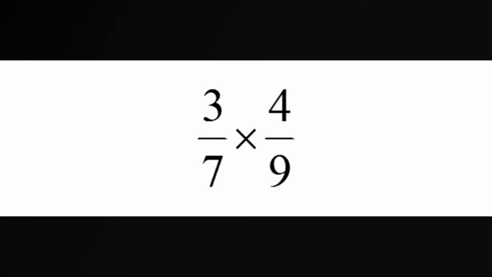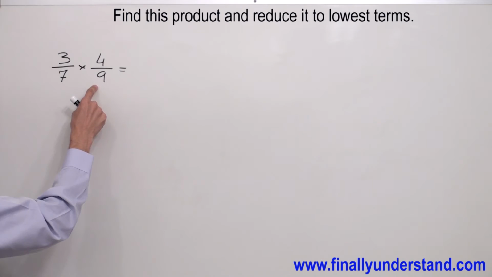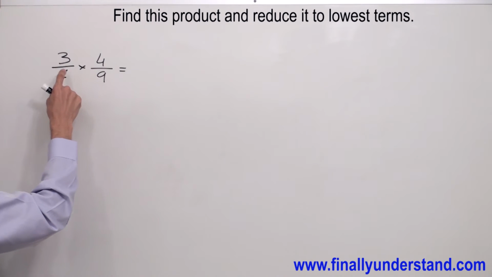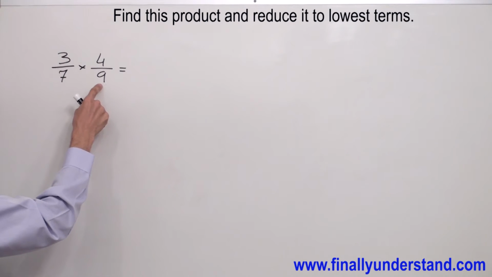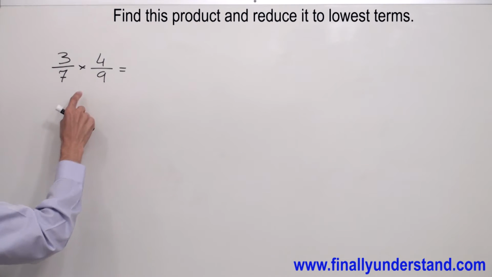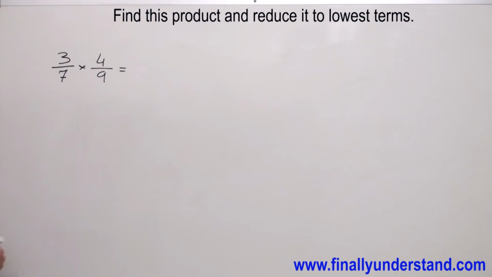Anytime you multiply fractions, you have to multiply numerator by numerator and denominator by the denominator. But take a look. In this fraction, in the numerator, I have 3. In this fraction, in the denominator, I have 9. Okay, anytime you have a situation like this, before you are going to perform the multiplication, you're supposed to reduce